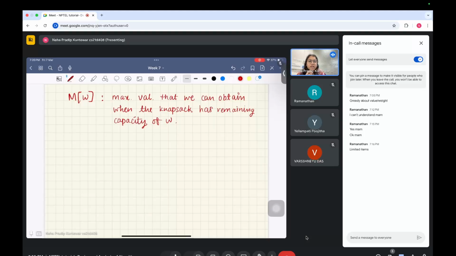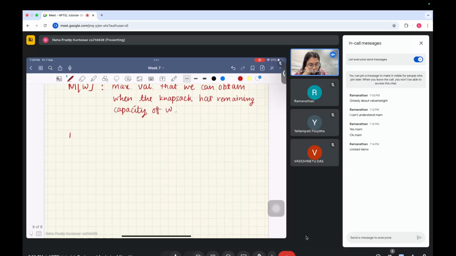Okay, so that means I have a capacity of w that is remaining with me, and I want to find the maximum value that I can get for that particular knapsack. Okay, so how do we do that? So this is going to be maximum of